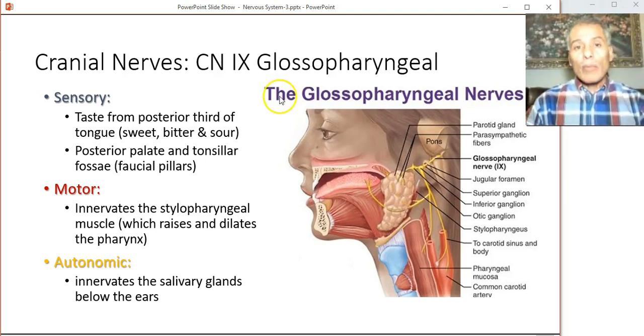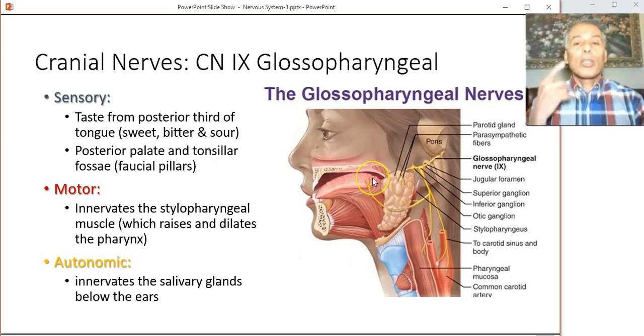Then the glossopharyngeal, that is cranial nerve number 9, and you can see it coming out of the brain stem, and then innervating parts of the pharynx, glosso, and then pharyngeal. So parts of the pharynx and parts of the tongue, especially the posterior 1/3 of the tongue. So it's going to enable you to have certain functions. So it enables us to have taste from the posterior 1/3 of the tongue, for example, taste particularly sweet, bitter, sour, and also the posterior palate and the tonsillar fossae,